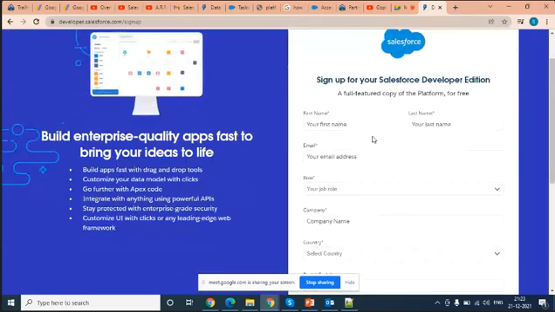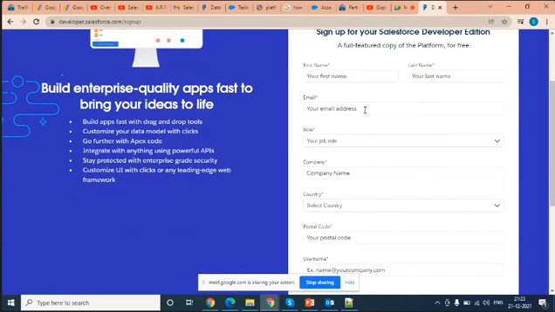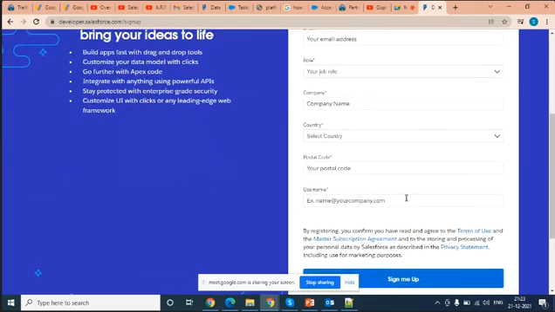Here you need to provide details, same like how you created a Facebook account. The username should be similar to an email, like your name or your company name .com, whatever. It should be unique, not used anywhere previously, completely new. Once you submit it, you will get a link. Then you need to do the password setup.